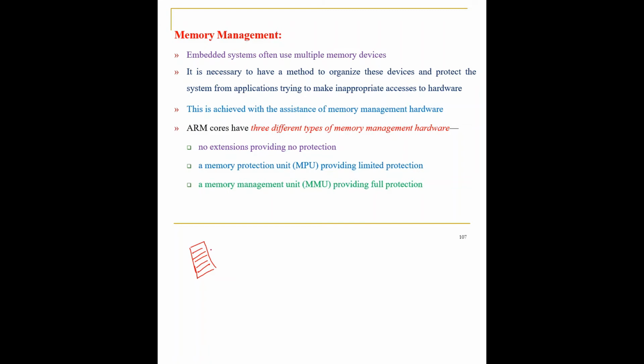So what we need is a methodology in the embedded system which will be protecting the data that is stored in the main memory. This will be achieved with the help of something called memory management hardware. So I said core extensions. We need to have a hardware device which will be protecting the memory also. We already had a hardware which will be fastening the fetching process, that is, we had an extra memory. Now this memory, whatever is present outside of the processor, might be subjected to invasion by unknown hardware devices. So I need to protect this data, right?